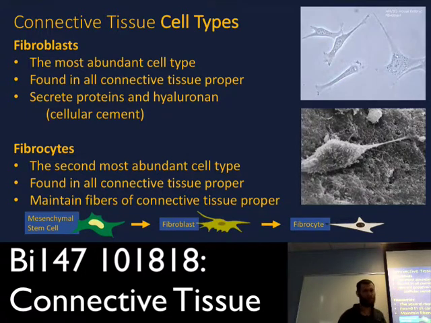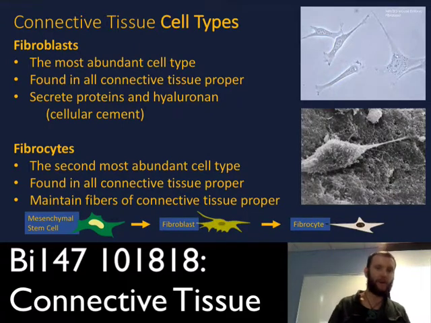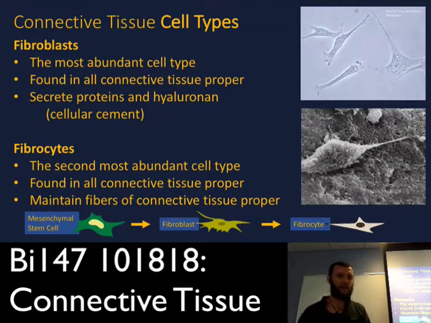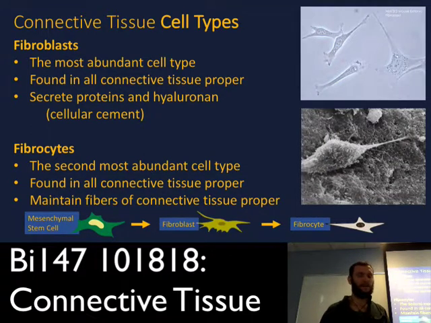They secrete a host of proteins and this stuff called hyaluronan, which is made of a molecule called hyaluronic acid. I have a slide showing it later, because I think it helps understand